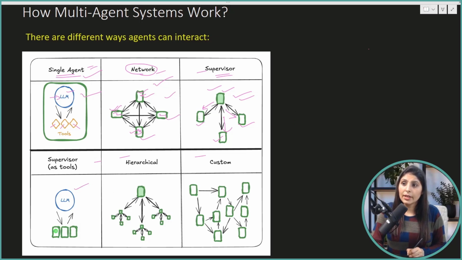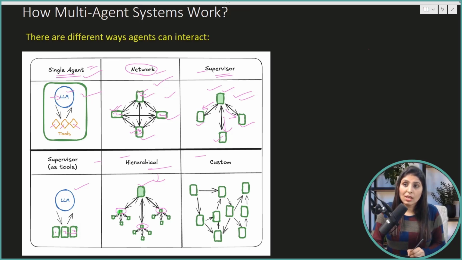See here, each agent is acting as a tool, and the LLM will decide on the basis of the user question which agent to pick to answer the user's query. And then we have this hierarchical one. Here we are following a hierarchy. This is one supervisor, connected with these agents, and then these three agents are connected with this agent.